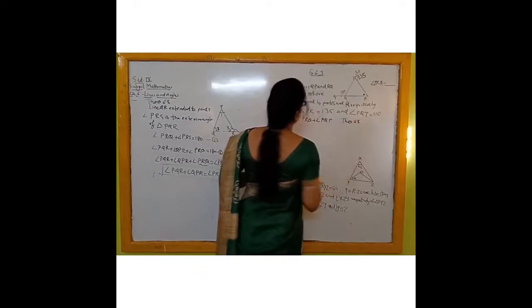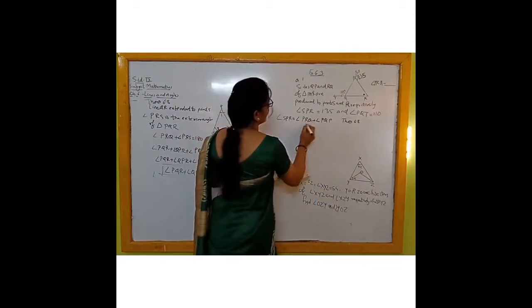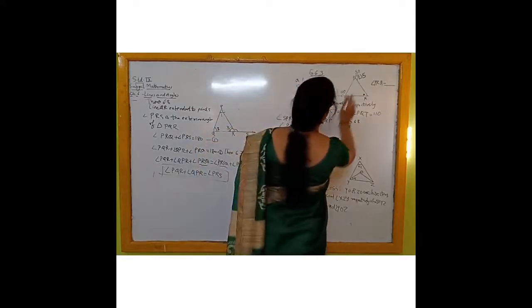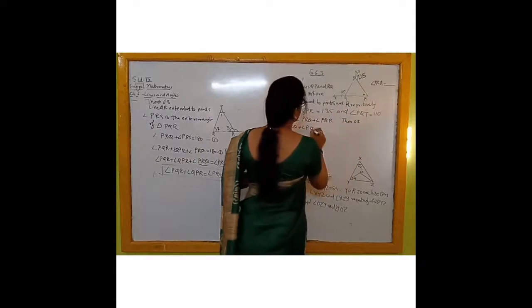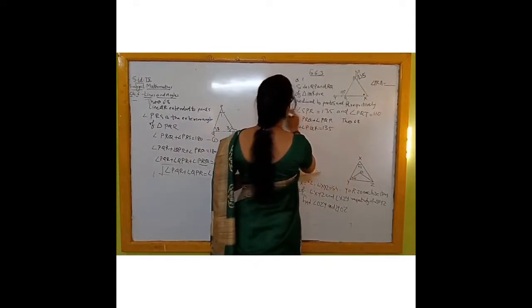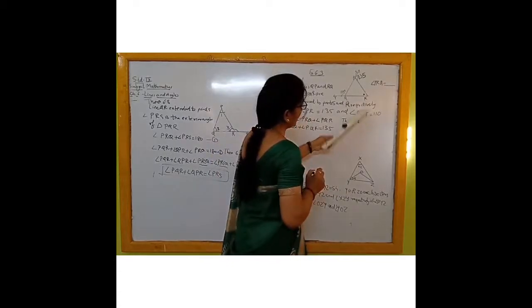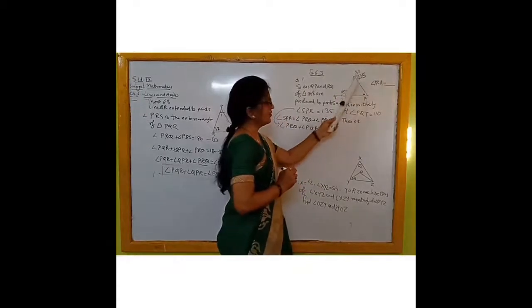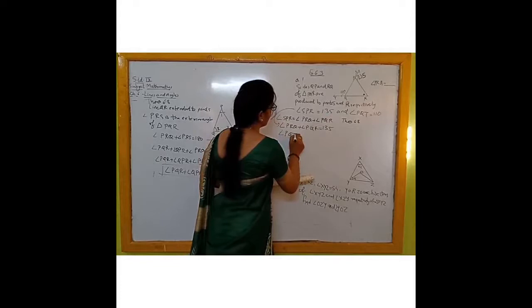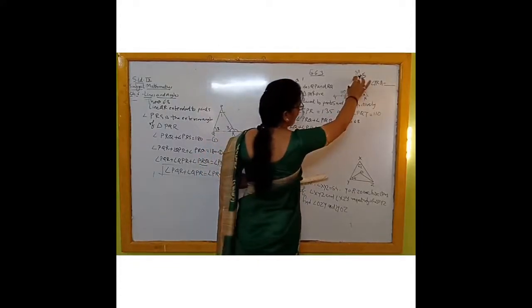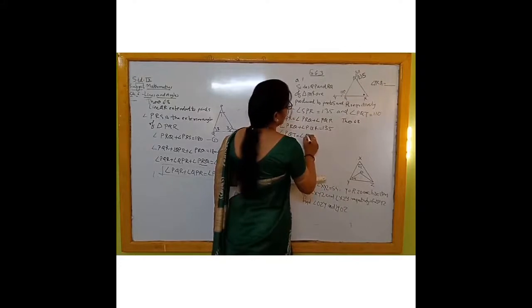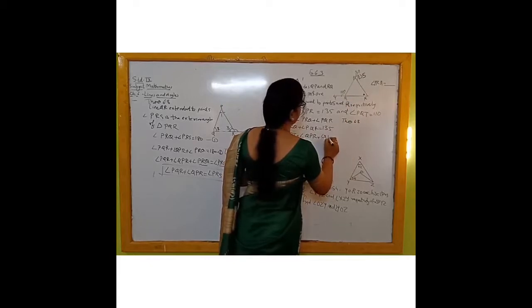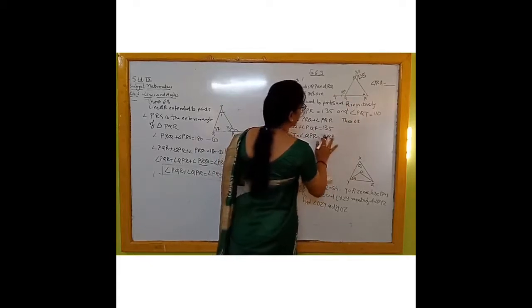By Theorem 6.8, angle PRQ plus angle PQR is equal to 135 from this. Now we will use angle PQT. This angle PQT is the exterior angle of triangle PQR. So the measure of angle PQT is equal to the sum of the interior opposite angles. Which are those? This one, angle QPR plus angle QRP, or PRQ.